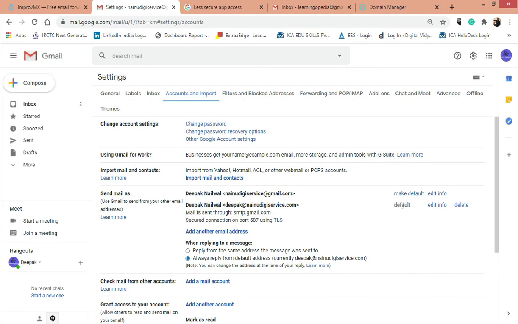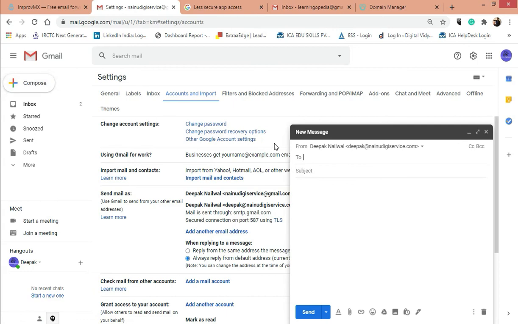Now we will test whether this is working or not. Click on compose. Here you can see our business email ID appears. You can see here your personal ID also. We will send a random email to another Gmail ID. Enter subject and click send.